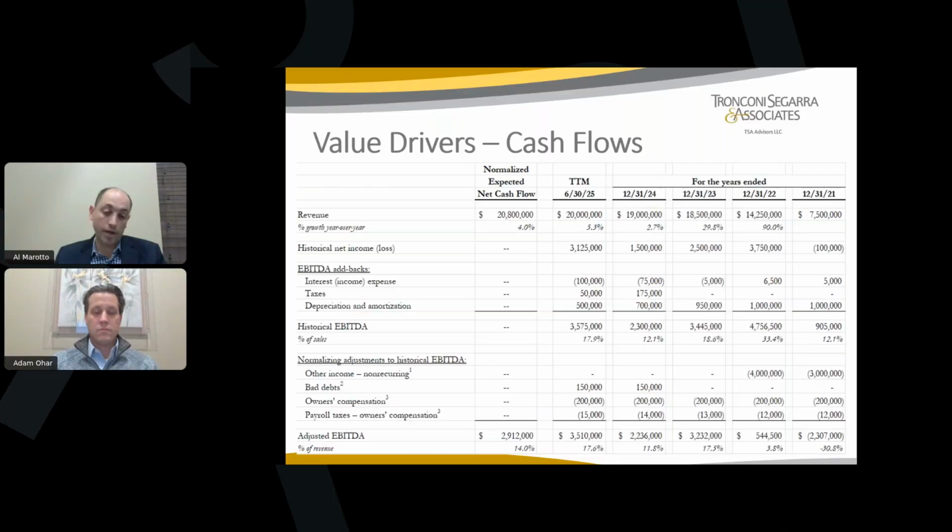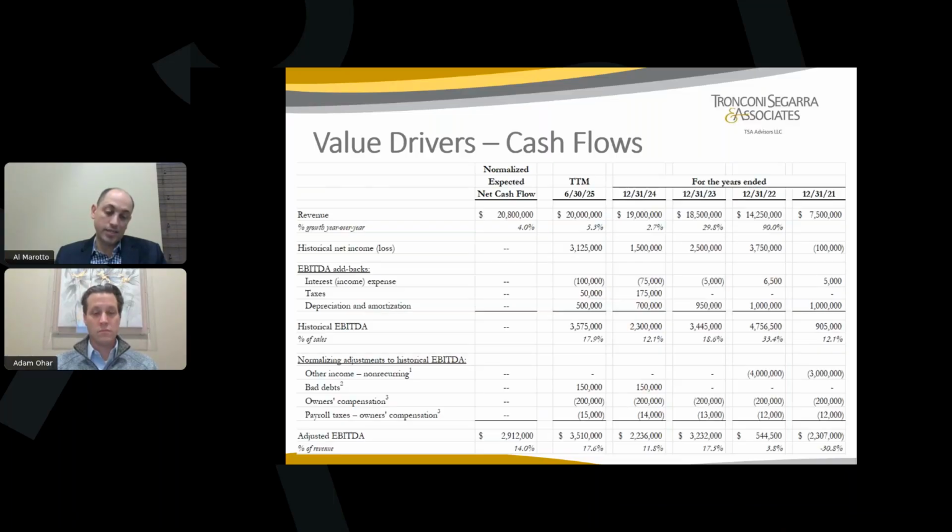Owner's compensation is your non-operating item. Again, this owner was underpaid based on fair market value of compensation for a similar role if someone were to come in and replace him. We do that because at the end of the day, someone needs to run this business. A lot of times when we do valuations, owners overvalue their business because of the cash they're taking out in the form of compensation. But you always have to think about that compensation as a necessary expense, because if I'm an investor and I buy your business, I'm going to have to pay you or somebody else who replaces you a salary to generate the cash flow that your business is generating.